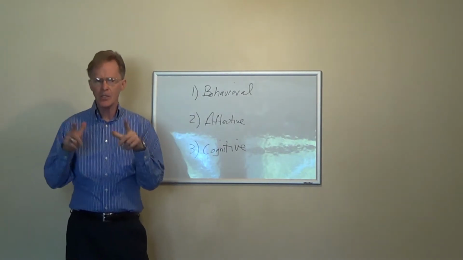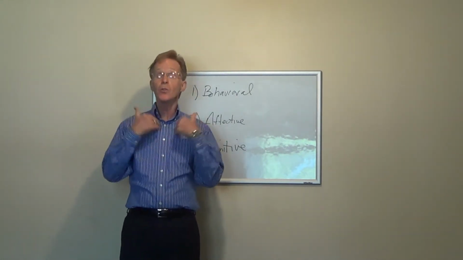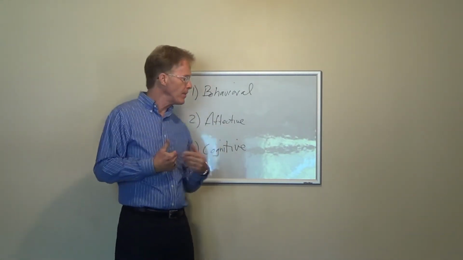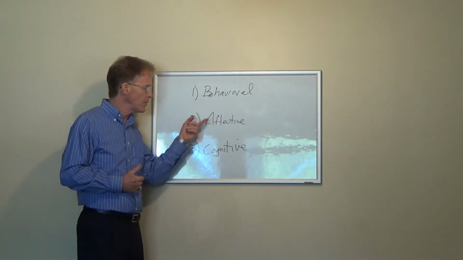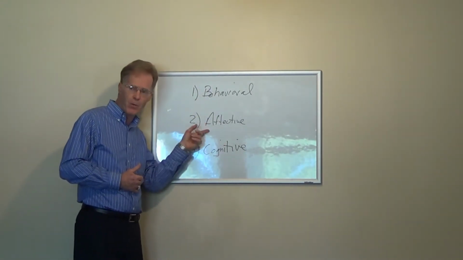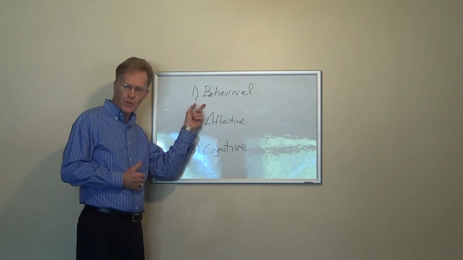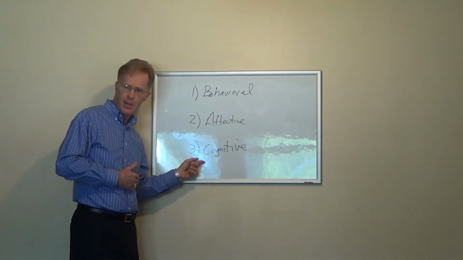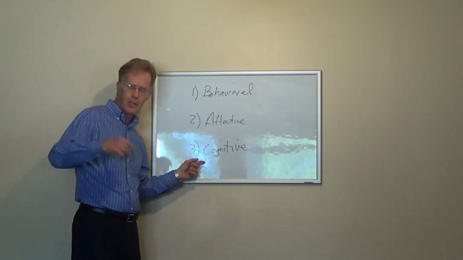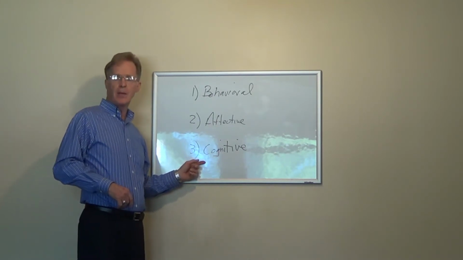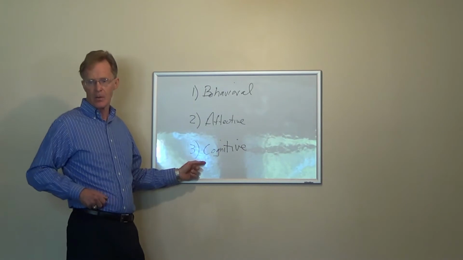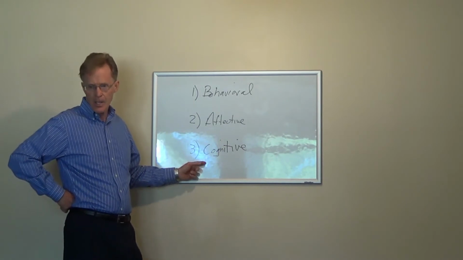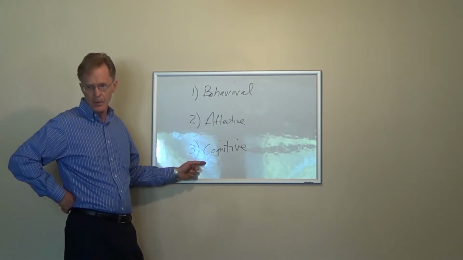So if someone says they're a critical thinker, or if you say you're a critical thinker, you want to be ready to know the three components to it: behavioral, affective, and cognitive. It's probably a good thing to carry around. Yes, it's a good thing to carry around. I'm serious. Say that before you jump into something.